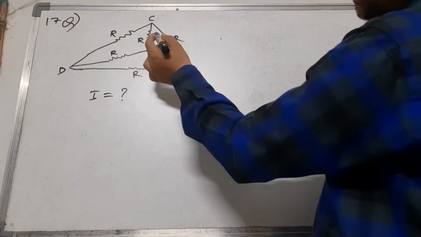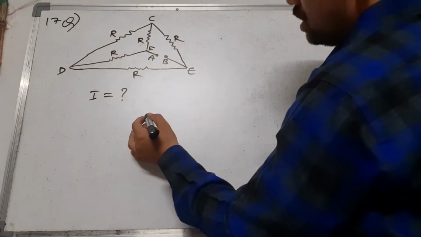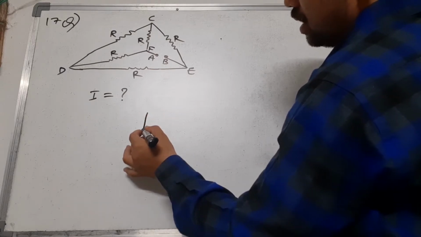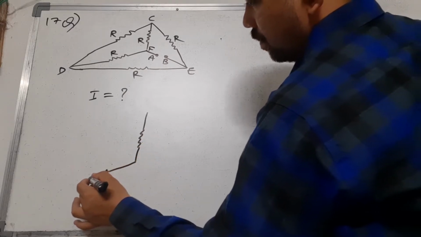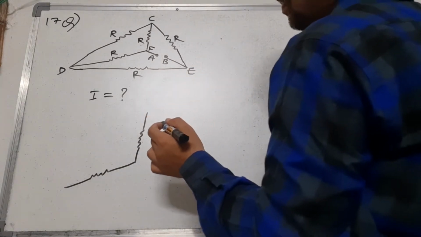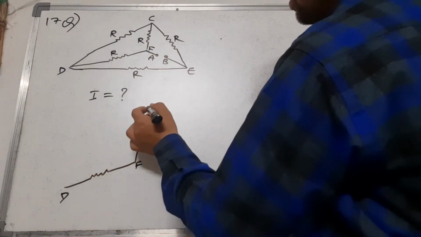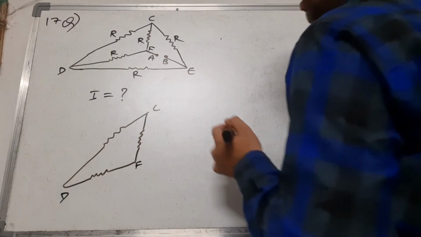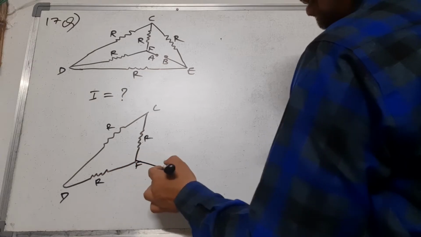If you observe this, I am drawing the part of this one, CFD I am drawing, see how it is. I will take C, F, and D. Okay, I will take C, F, D, and this is D, this is F, this is C, and also we have like this. Okay, R. This is one, this is one, this is one, and it is open loop again.